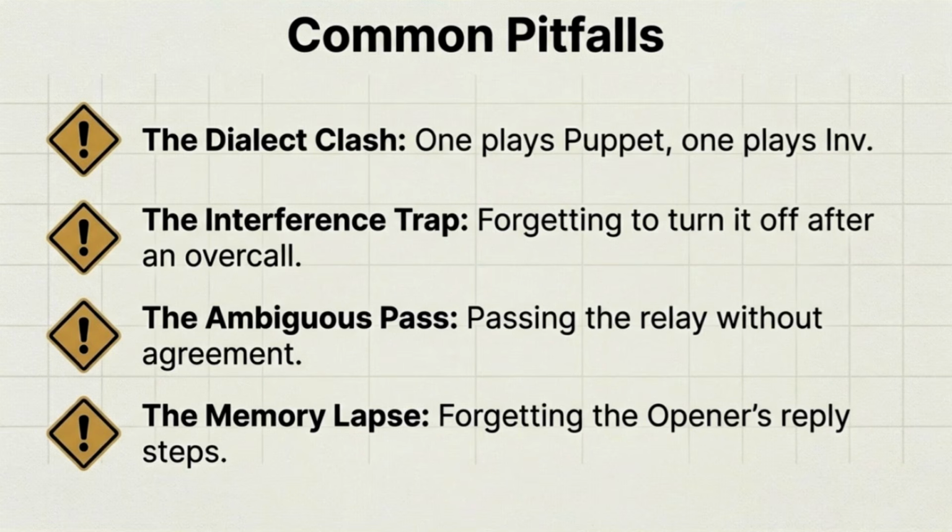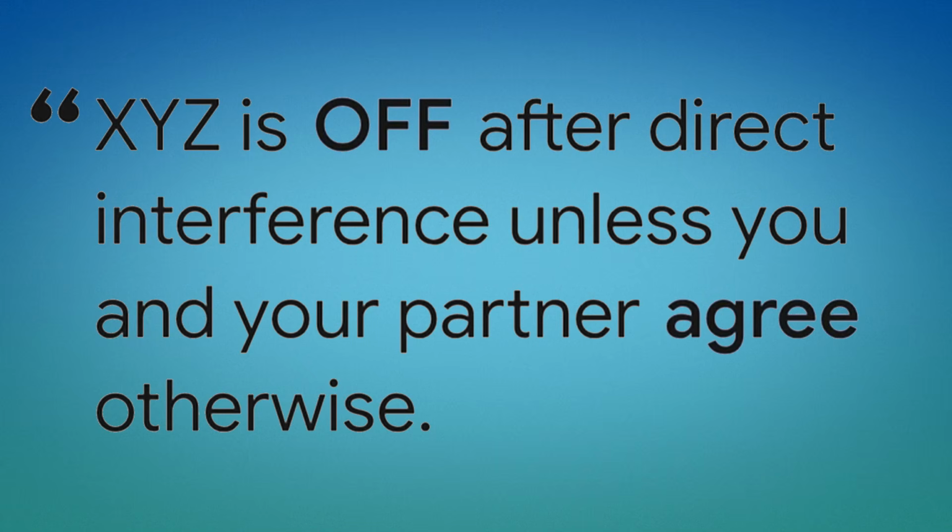So agree on the style, invitational or puppet. Agree on what happens if your opponents get in the way, and have a clear plan for what the replies mean. Now this right here, this is probably the most crucial safety rule of all. When you are in doubt, if an opponent jumps into the auction with a bid, just assume your special convention is turned off. Making that your default will save you from a world of confusion and, trust me, a lot